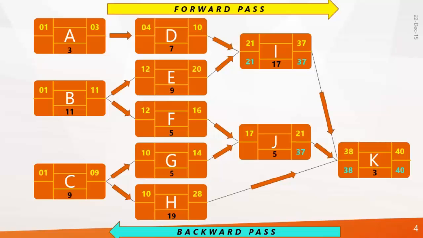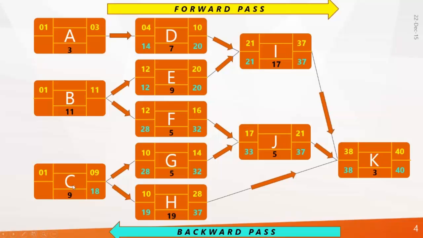Now look at I. It will become 21. J will become 33. And the D activity, you can see it is finishing on 21. 21 will become 20, 20. And the calculation will become like this, 14 and 12. And for J, it will become 32 and 32. Late start will become 28. Similarly, H, 19, right? Now look at activity A. A is connected to D. So 14 will become,